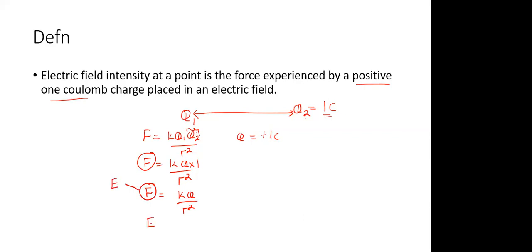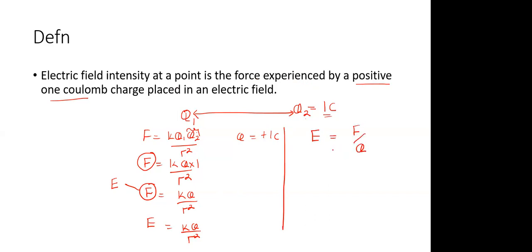So that means your electric field intensity is the same as K charge over R squared. That is what we call electric field intensity. So when we ask what is the electric field intensity, we say it is the force experienced by a positive one coulomb charge placed in an electric field. And how do we get it? You can easily say that electric field intensity is the force per unit charge, is the force